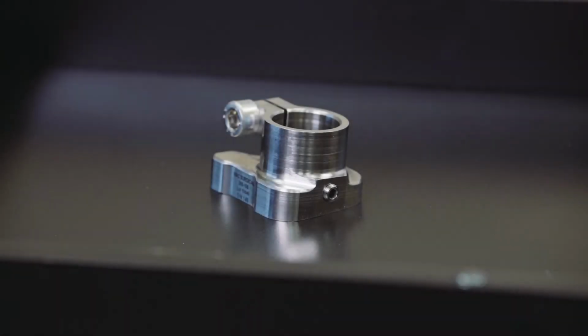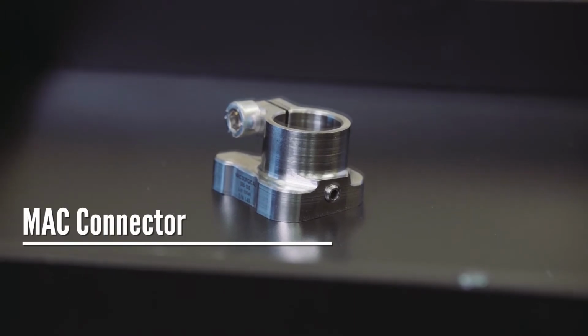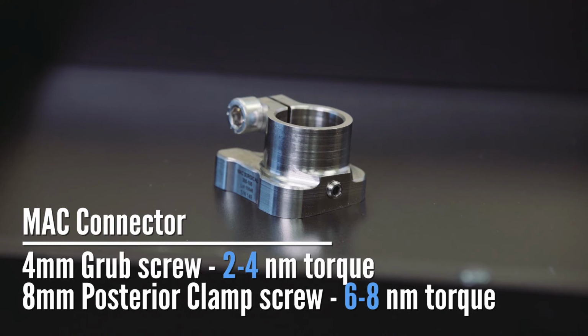The second type is a MAC connector. This has many of the same attributes and varieties as the first type, although it is important to note that the MAC connector has much more versatility because of the ability to add on a male or female connector with varying offsets. The OGAP OPL system is very robust, but there are some items that may require servicing or regular